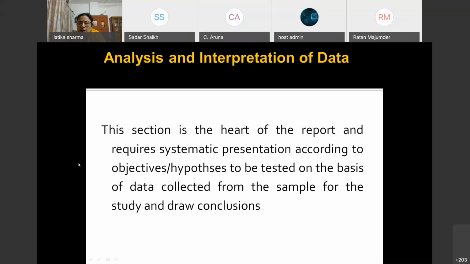And while reporting it, what has to be followed? There's a simple scheme that you can take your analysis according to the objectives or hypotheses. That for objective 1, this data is presented, and this is what it leads to. For testing hypothesis 1 related to objective 1, or if there are two hypotheses related to objective one, then those two are mentioned. So you can have your presentation in terms of objectives or hypothesis testing, or you can have it in terms of